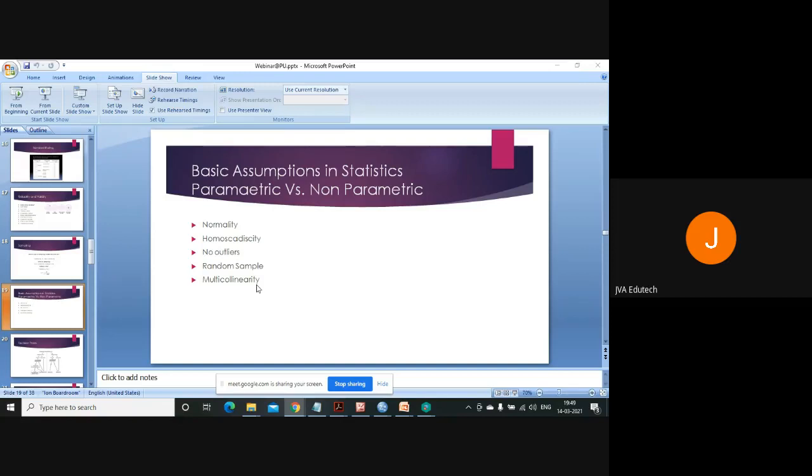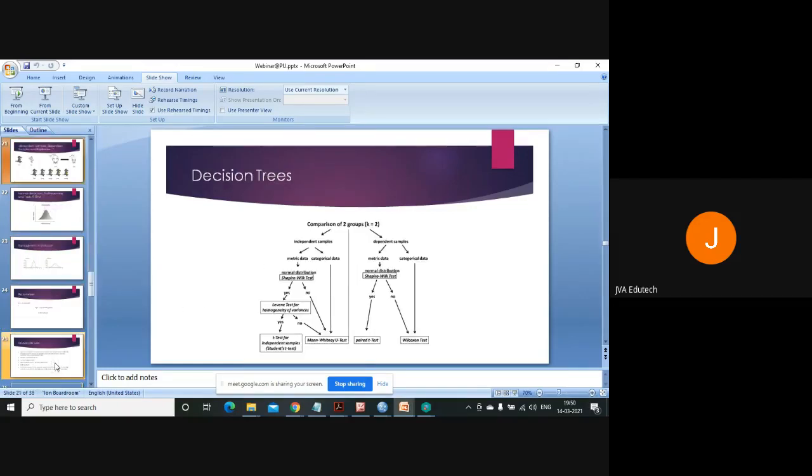What will happen? We won't be able to determine whether x1 is the better predictor of the variable y, or x2 or x3, because if they are highly correlated, then it could be the case that the properties of x1 are not its own properties, they are derived from the variable x2 or x3. So there needs to be no multicollinearity between the variables. We will check this multicollinearity once we move on to regression. So decision tree, I think we have just done.